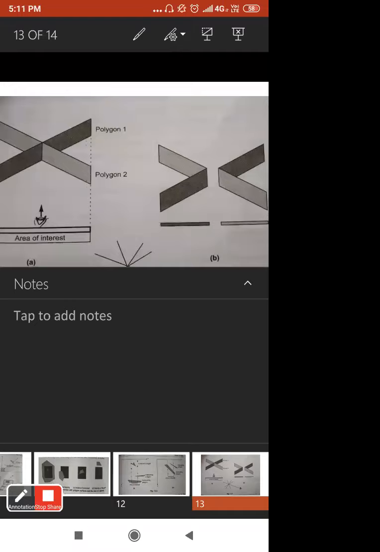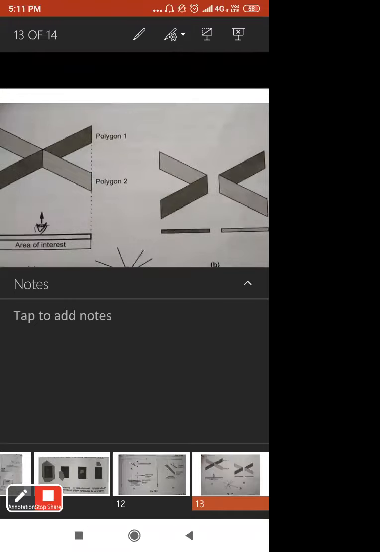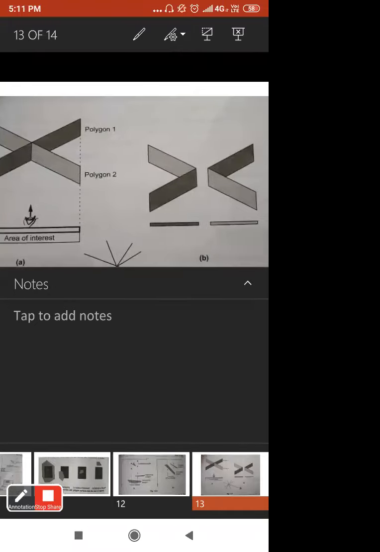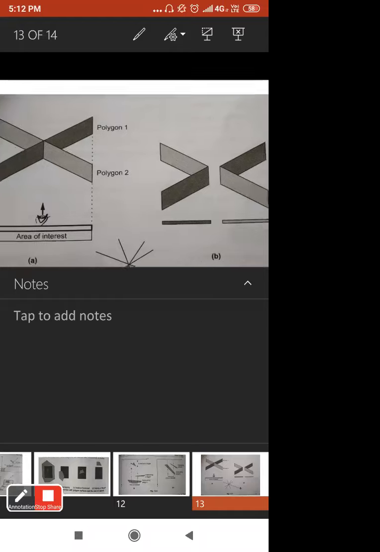only the faces which are front faces of the polygon, that we are going to see, or that we are going to display finally on your output screen. Okay, only the front faces of your polygon.